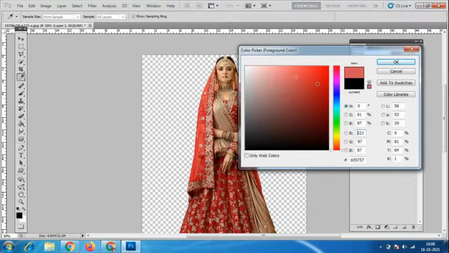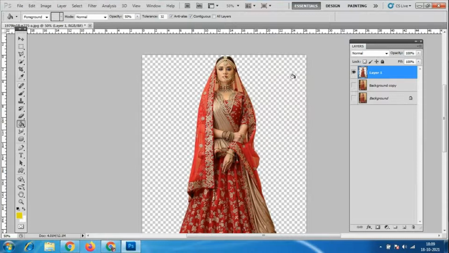I'll click wherever I want. Otherwise I can choose some shadings, sky blue, light blue, green blue, any colors, light colors, dark colors. I can select whatever color I want. I'll select this color, click okay, and now I have to apply it to this file.